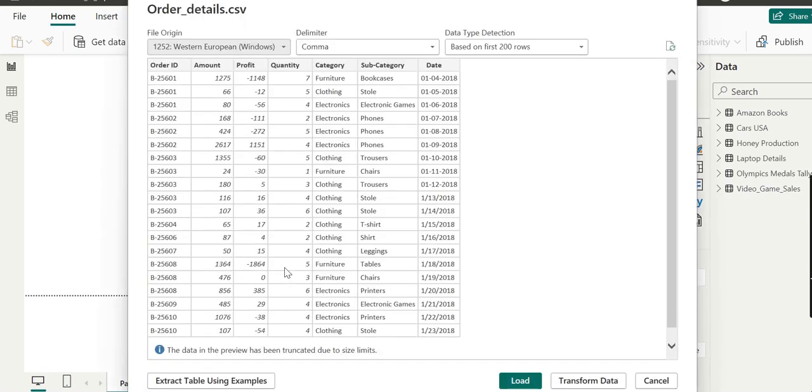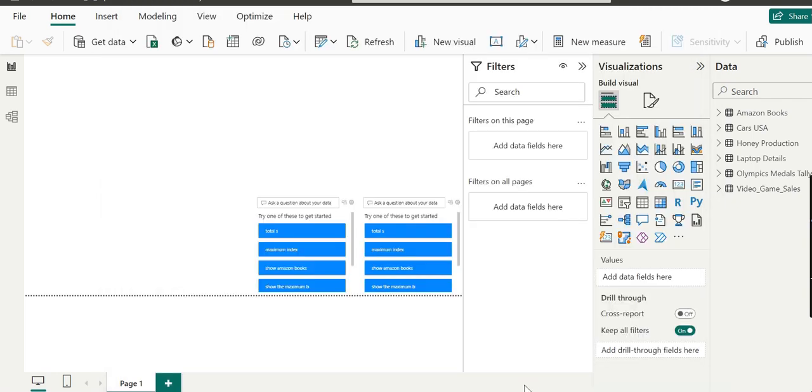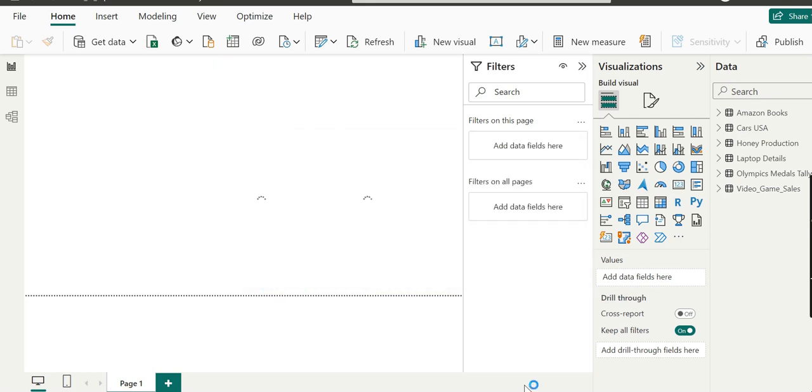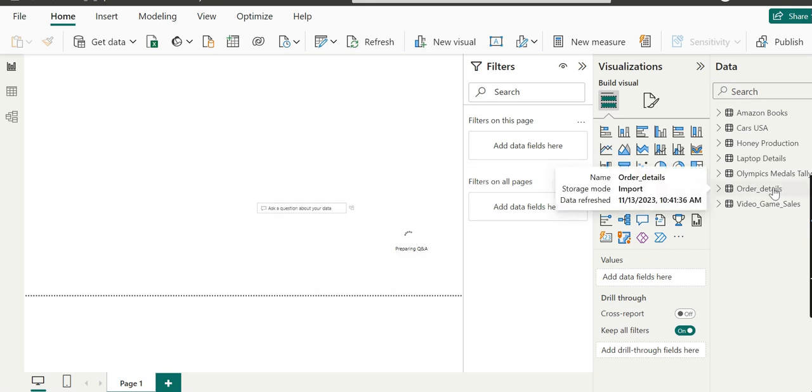You will see here we are provided with a delimiter option. We can put in whatever delimiter we want, but we are happy with the default setting and we just hit the Load button. After hitting Load, it will take a few moments, and you will see order details here.